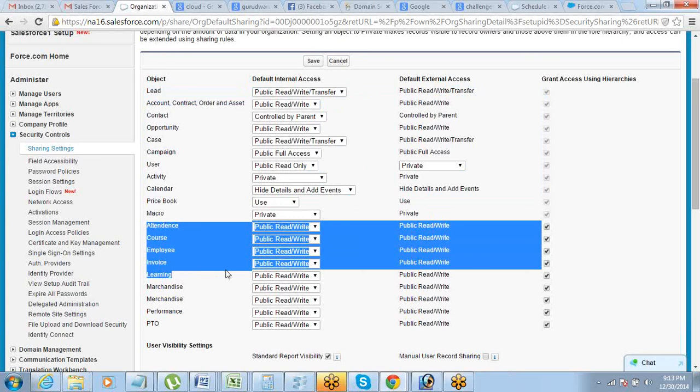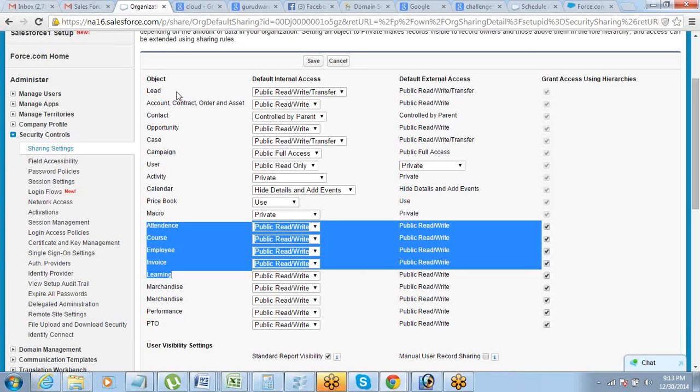So what do we understand from looking at this? We understand that for standard objects, your manager will always have, by default, permission to your data. Whatever standard objects have been used by Salesforce, for those standard objects, there is no way you can hide your data from the manager. Your manager will always have access, and you cannot restrict it.